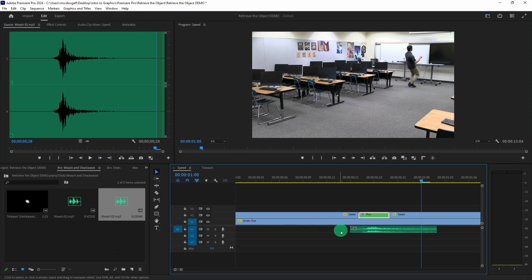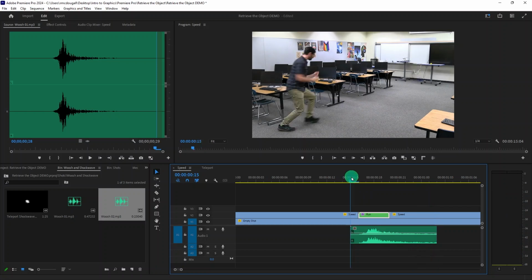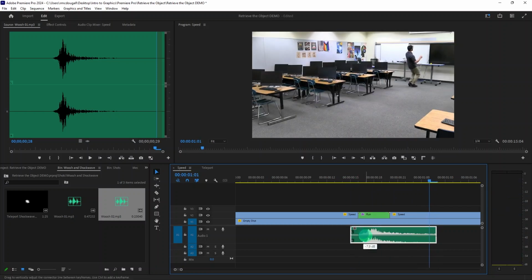And we're going to put it down here. This is going to be our sound effect. So we just need to put it right here where the whoosh happens right underneath our run. Like that. It's a little loud. Let me turn it down. A little too loud. We don't want it peaking or anything. That's much better. So now, again, really sells it